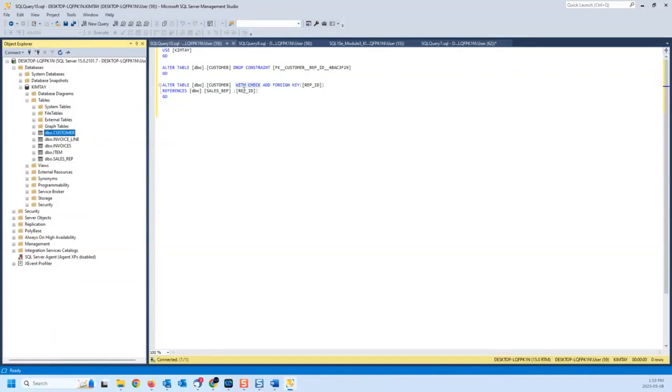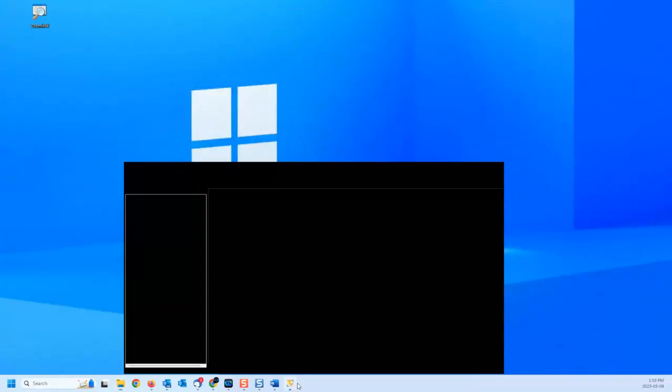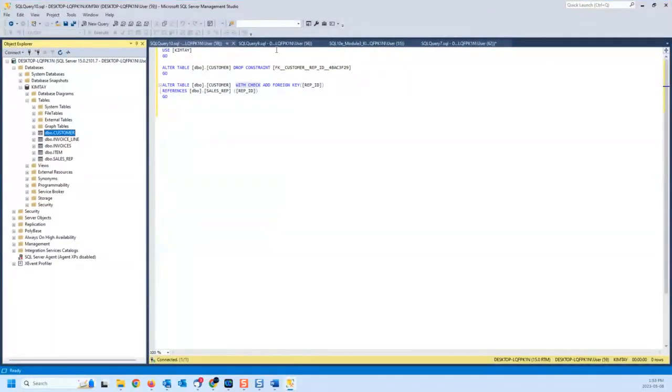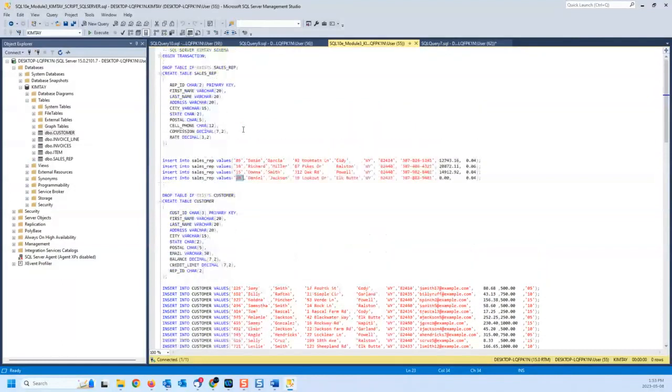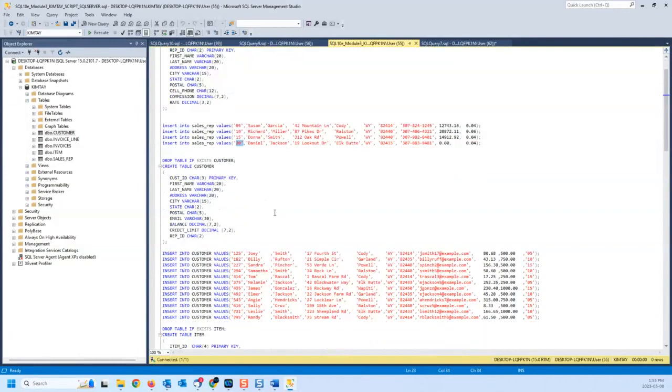So now if I want to add a customer, here is the good thing that I can do now. I have reps 0, 5, 10, 15, 20. Do I have any rep that is 06? No. Do I have any rep that is number 11? No. So let's say I just go ahead and copy this row,